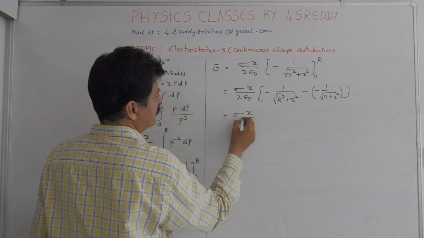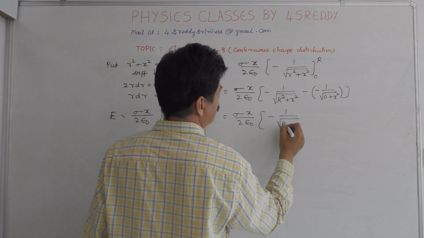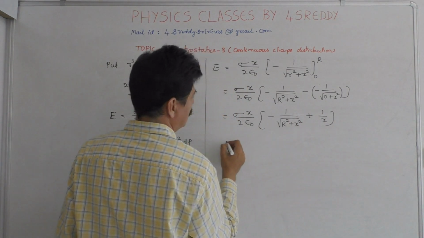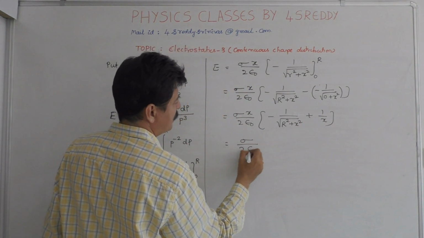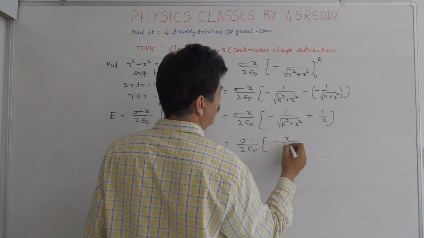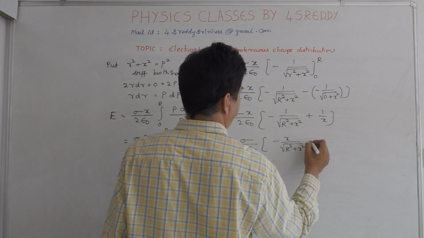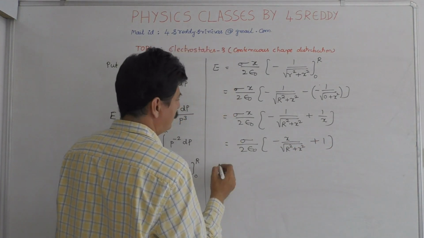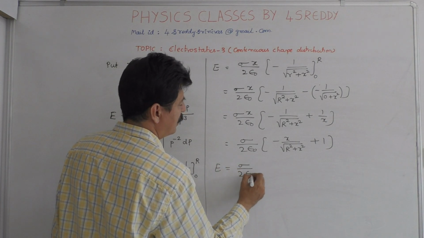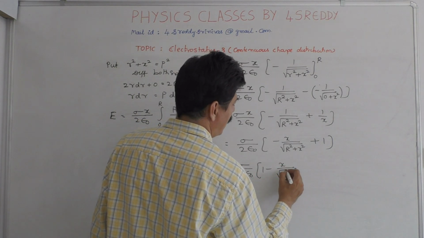Therefore, sigma x by 2 epsilon naught into minus 1 by root of R square plus x square plus 1 by x, or sigma by 2 epsilon naught into minus x by root of R square plus x square plus 1. Therefore, E is equal to sigma by 2 epsilon naught into 1 minus x by root of R square plus x square,